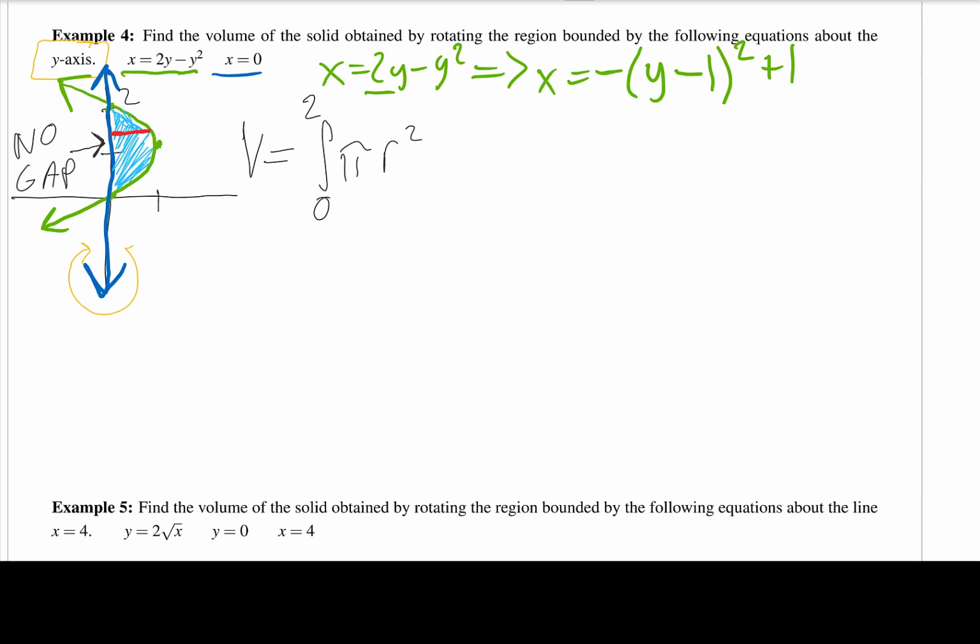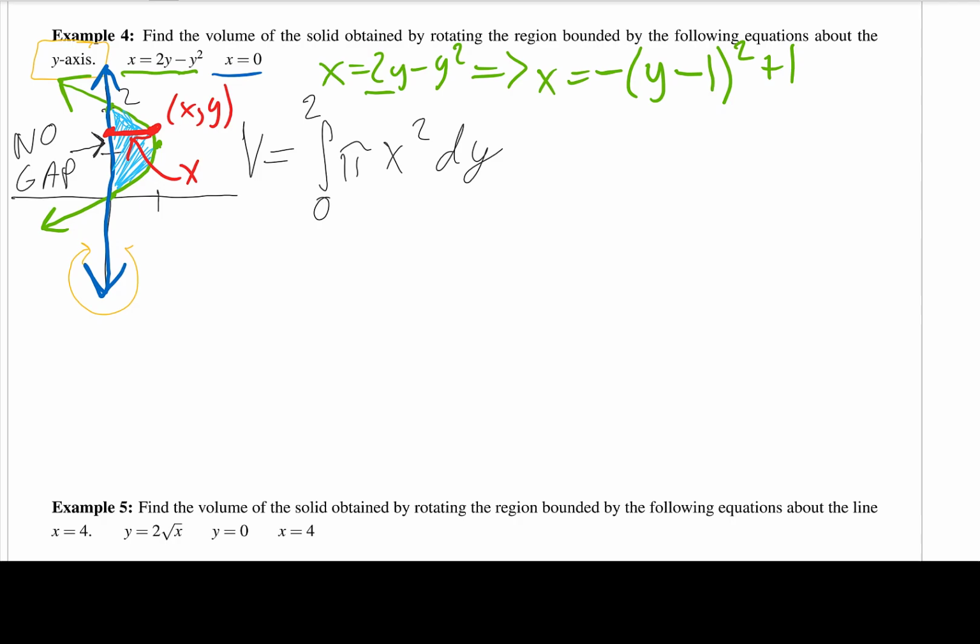To do that, I take a slice perpendicular to the axis that I'm rotating about. So this point right here is going to be some point (x, y). And the distance here is going to be x, because we're going from some point (0, y) to some point (x, y). So the distance of this segment is going to be x. Okay, so we can say that our radius is x, but this is an issue because